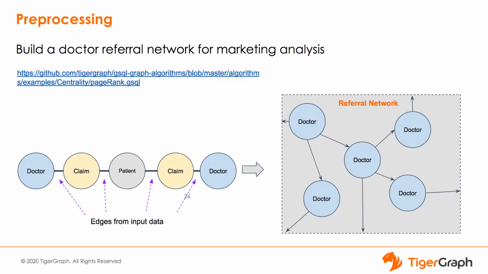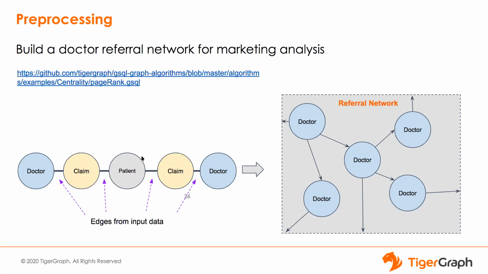And then here are two more examples. I think I have mentioned this in our schema design best practice. For example, a doctor has claims from a patient, and the patient also has other claims with other doctors. So if a patient has consecutive claims, that means the doctor may have referred them to another doctor, right? So in this case, if we want to run the PageRank algorithm to find the most influential doctor in the network,